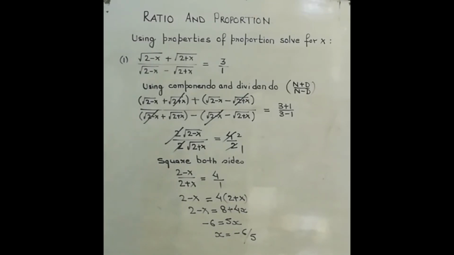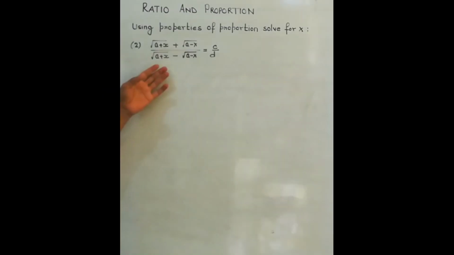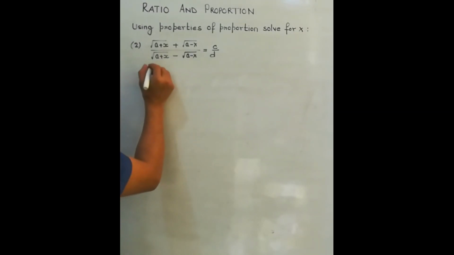So you can pause and go through the question once again. The question says you have to solve for x. Now what we will do, we will try to reduce this proportion. And how can it be reduced? There is positive sign as well as negative sign, both signs. So to reduce it, let us apply componendo and dividendo. So we are going to use